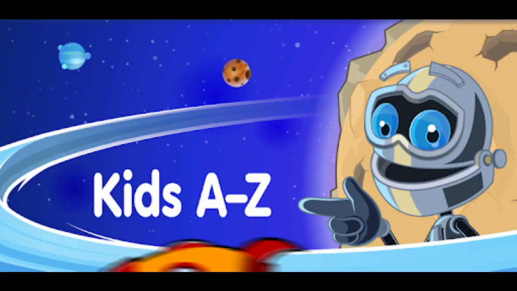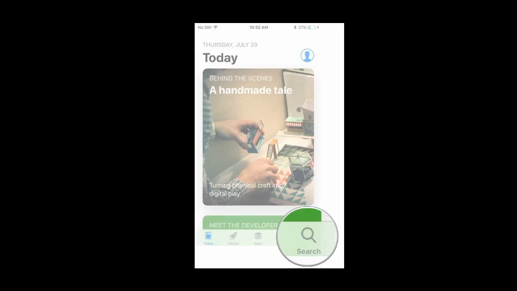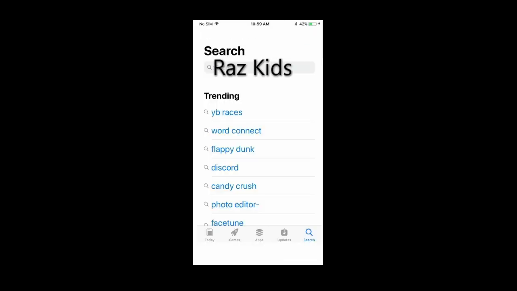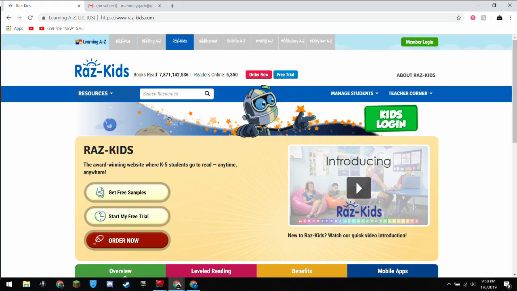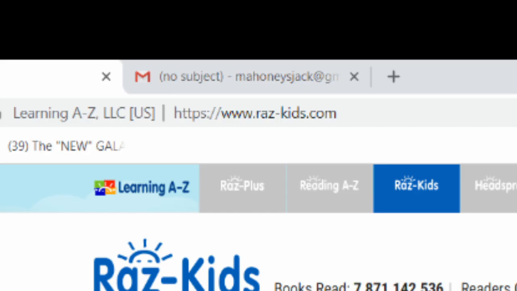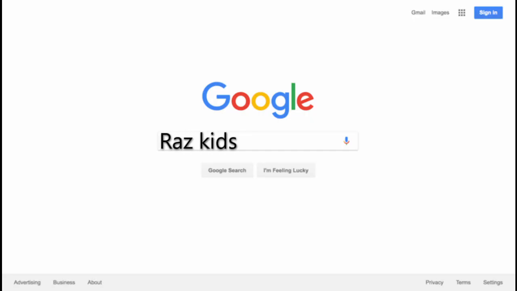How do you get into Raz Kids? To get into Raz Kids, go to the App Store, then search, then type in Raz Kids. To download Raz Kids, click on the download button and then it will begin to install on your phone. You can also get Raz Kids on your computer by going to razkids.com or searching Raz Kids on Google and